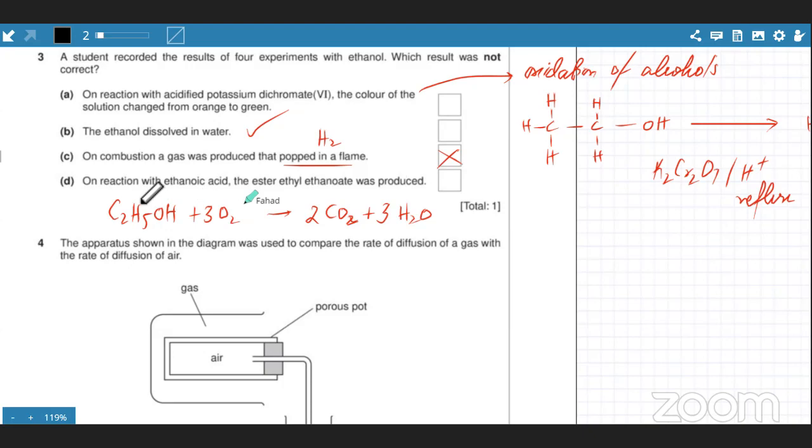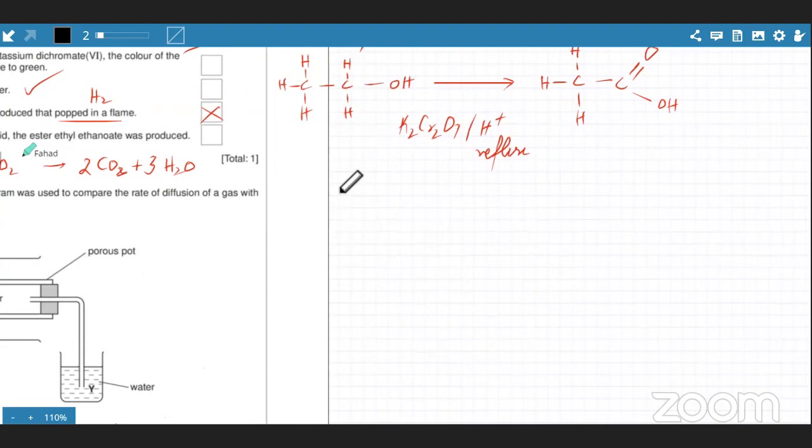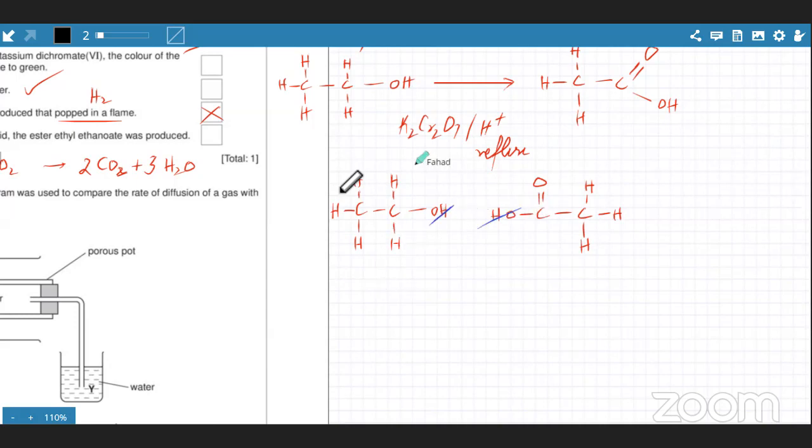The last one is also correct. Ethanoic acid and ethanol are going to produce this ester. So we can quickly draw this. How are esters formed? Draw an ethanol molecule. It's two carbon atoms and an OH, and carbon is supposed to make four bonds, so add in all the hydrogens so that each carbon atom makes four bonds. React it with ethanoic acid. Ethanoic acid is a carboxylic acid, so it's supposed to have a double bond O and OH, and this carbon over here has three hydrogens. The next part is the OH is going to be removed and the H is going to be removed,